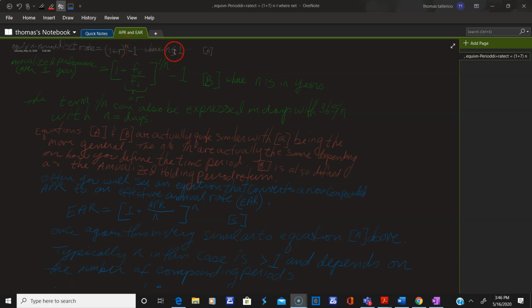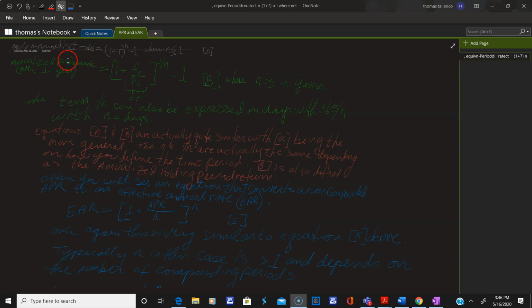Now, n could be less than or greater than 1 in this case, okay? So I call this equation A. Now, this is the most general equation, and the other two we see are all going to be derived off of here, okay? This is the most general equation. All right, and then there's an equation where you may have a return,